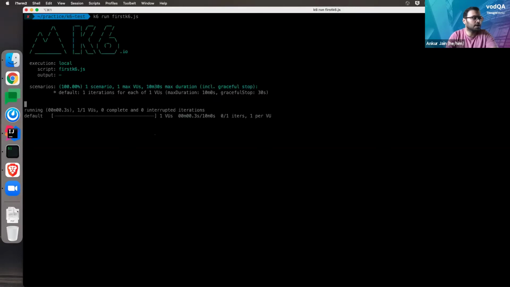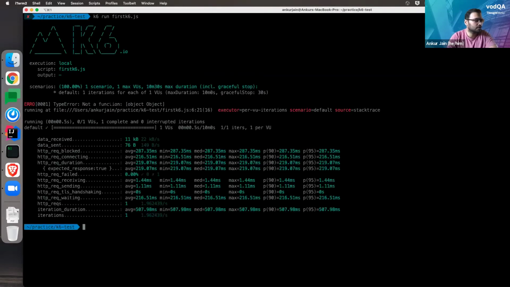So I'm just going to hit enter. It's going to start K6 here itself. And it says "not a function", right? So there's a function error that says that you don't have an executor. You just have a default scenario and a stack trace, right? But it gives one user over here,